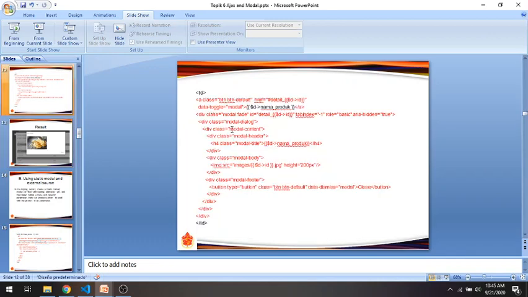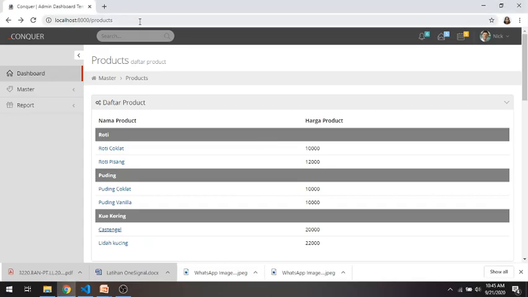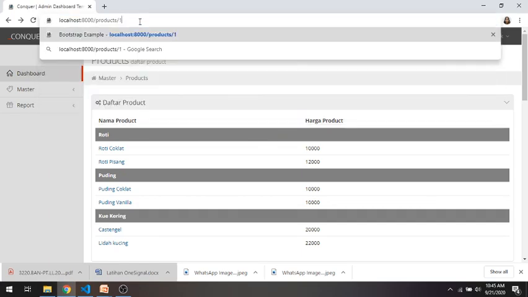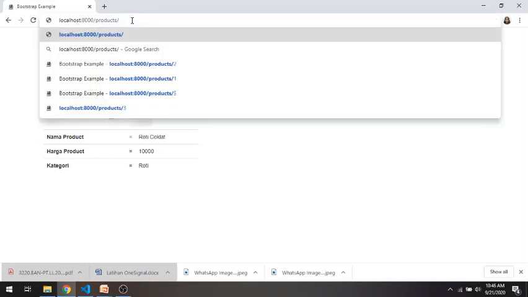Okay, next the content. Actually, we also can use an external source. We can use our previous product detail here for putting in the modal content. Okay, we will try it also in our second way.